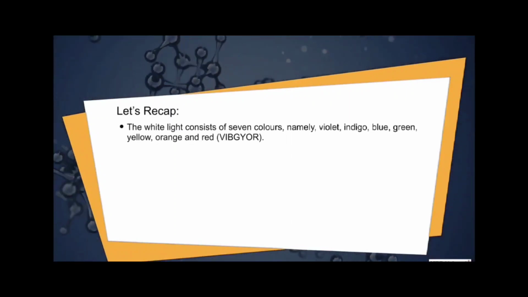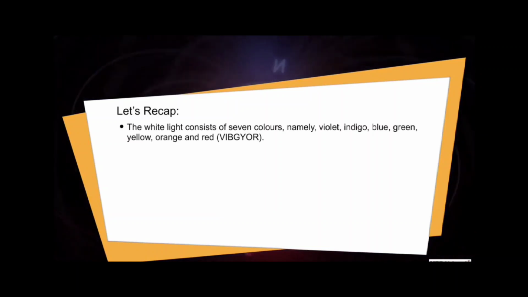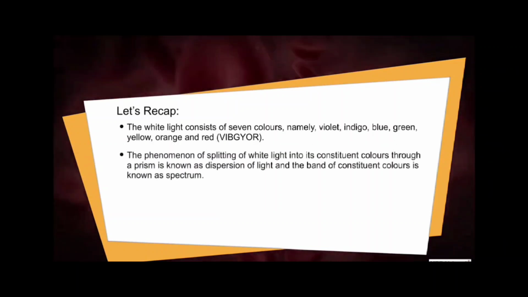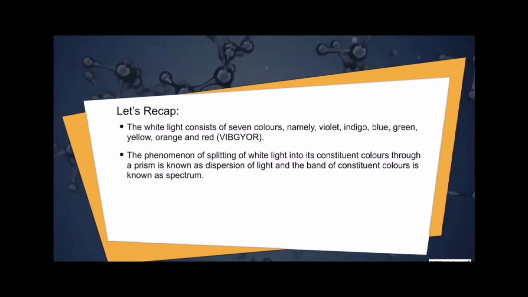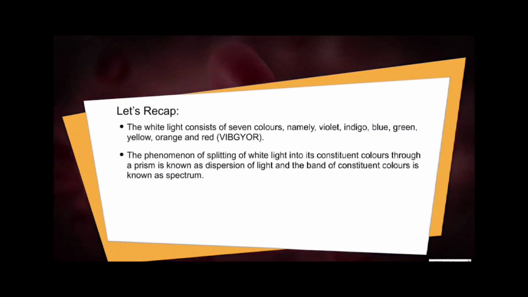The white light consists of 7 colors, namely violet, indigo, blue, green, yellow, orange and red, VIBGYO. The phenomenon of splitting of white light into its constituent colors through a prism is known as dispersion of light, and the band of